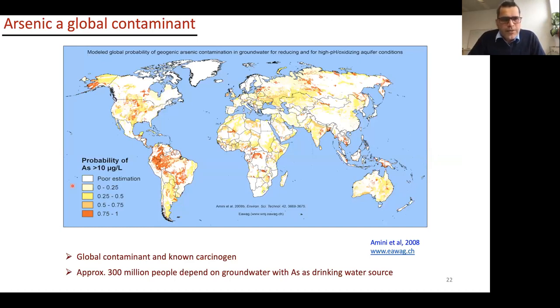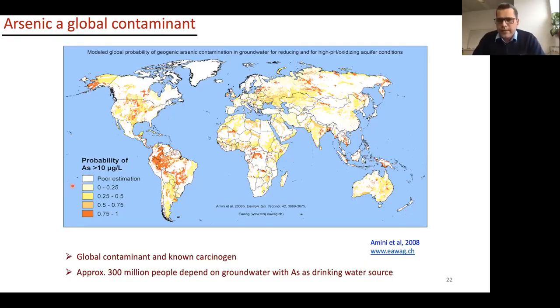One thing I didn't mention before: the reason for choosing arsenic is that it's a global contaminant, but I guess the last talk might already have covered that part, so I will not go into too much detail. One thing I would say though is that this is a map of arsenic contamination in the world, and